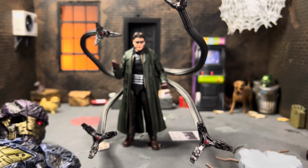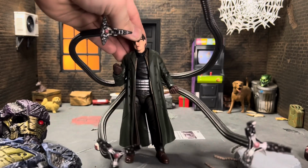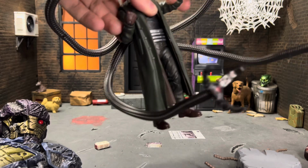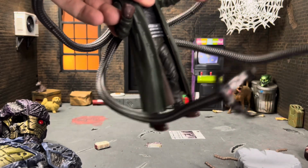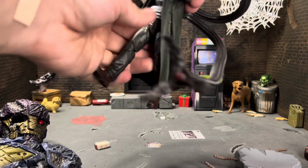As for the figure, his head is on a ball joint, so it can go up about that far, down that far, tilt, rotation, all that good stuff. His shoulders go out about that far, rotate all the way around, bicep swivel, single jointed elbows that go up about there. He has rotation at the elbow as well. All of his hands are back and forth hinges, and then of course rotate. He has a ball jointed waist that can go...